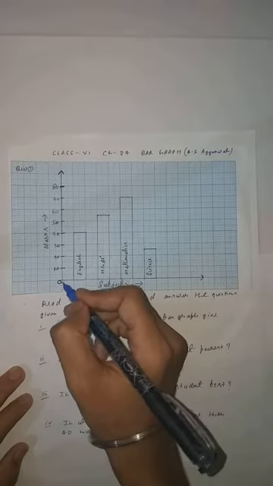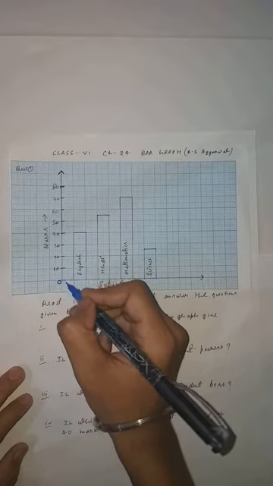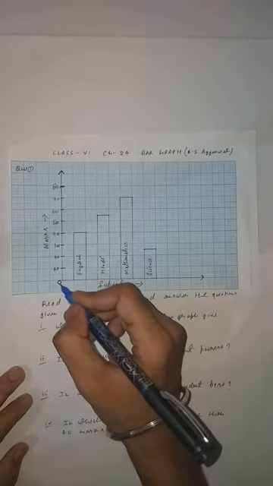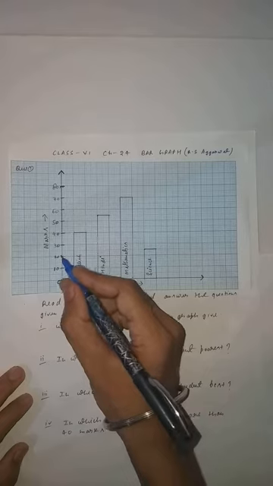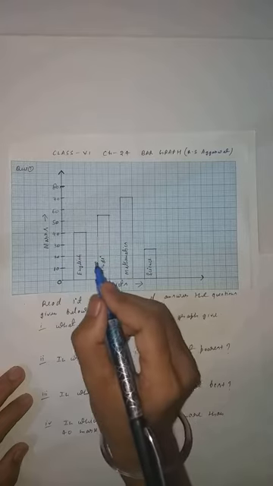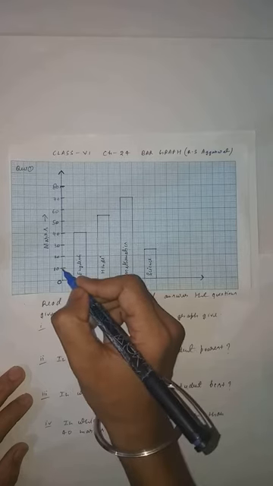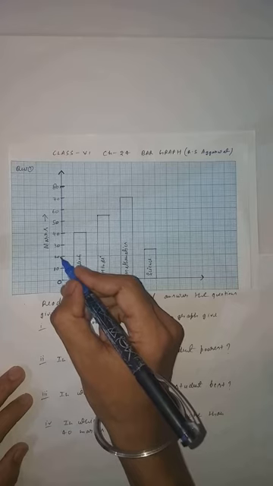You can see clearly 0 to 10, then 10 to 20. There is a gap of 10. Clear, student? So in every number there should be a gap of 10. Means 0 to 10, then here 20 is given. If you write here 15, this bar graph will be incorrect, because the gap must always be equal. Means 0 to 10, 10. 10 to 20, also 10. 20 to 30, also 10. 30 to 40, also 10. Clear, student? So always make sure that your gap is equal. Means you have to take the scaling properly. Scaling means the gap should be equal everywhere.